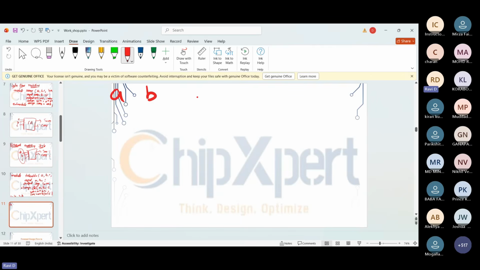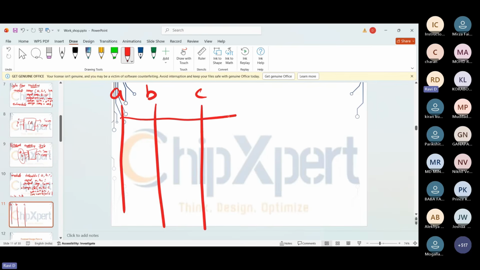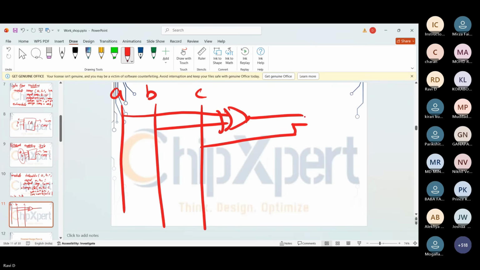I have three inputs A, B, C. The equation of sum is A and B with an XOR gate, and then C, giving A XOR B XOR C.